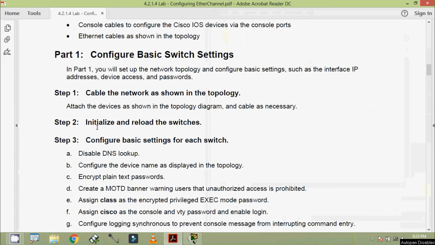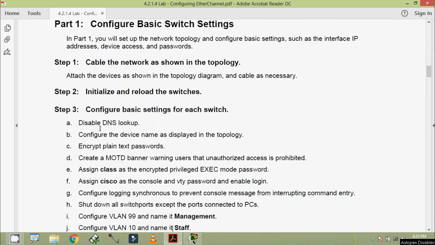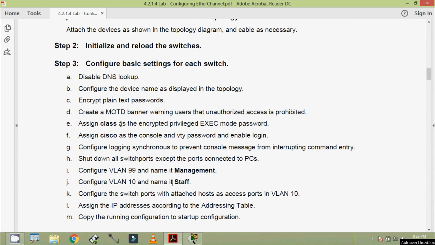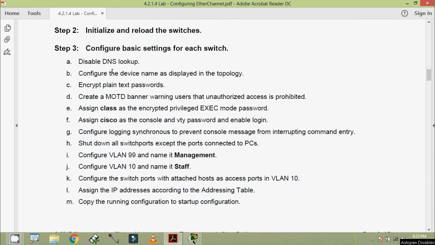Here we can see initialize and reload the switches. Also we have to configure basic settings for each switch. We have to do all these basic settings. So disable DNS lookup, configure the device name as displayed in the topology, encrypt plain text passwords, then create a MOTD banner, then assign class as the privileged exec password, also assign Cisco as the console and VTY password, configure logging synchronous to prevent the console message from interrupting command entry, shut down all switch ports except the ports connected to PCs,